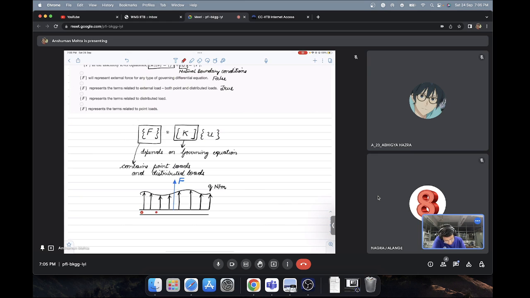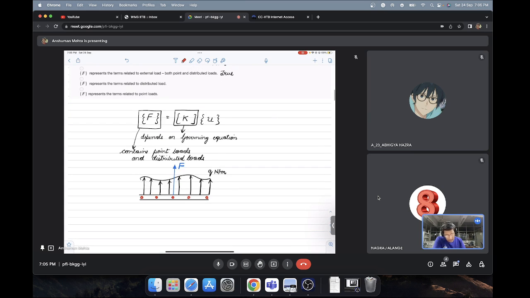Let's say instead of this whole beam, we are taking only these 5 points. And let's say the total length is L,